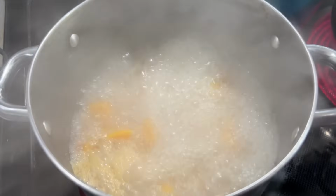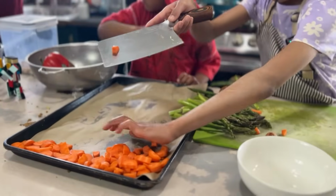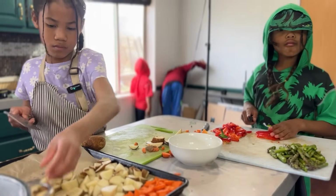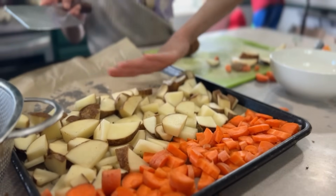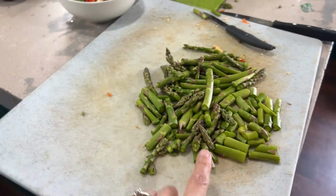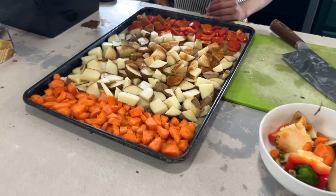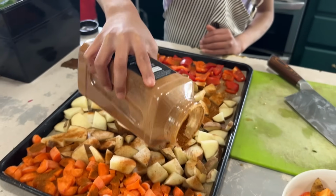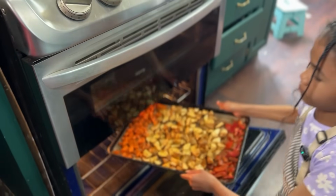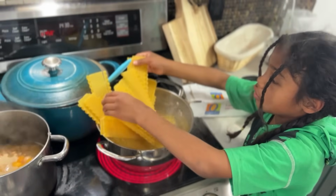And then we're bringing our cashews and butternut squash to a boil. Grace is working on chopping up her choice of vegetables, which are some carrots, potatoes, some bell peppers, and some asparagus. Now we've got some asparagus here, but I don't want to cook this until later because it just cooks so fast. So we just have all of these potatoes, carrots, and peppers, and then we're going to put them on last. We're roasting our vegetables at 425 degrees convection oven, and then we're also going to start on our